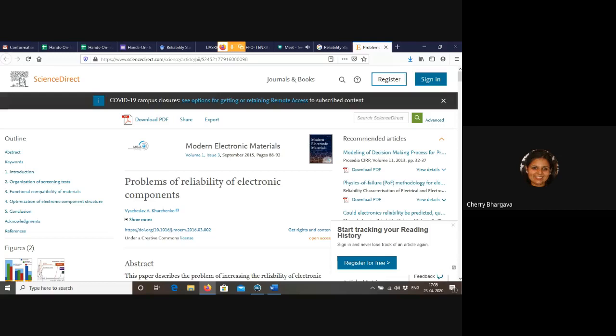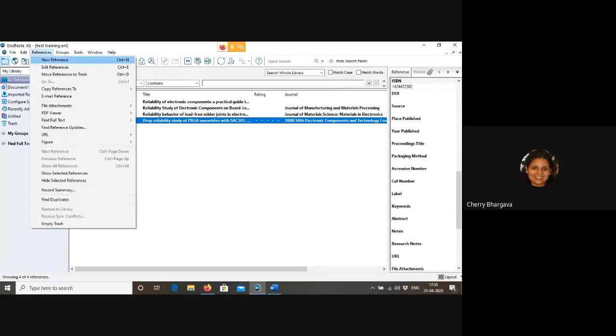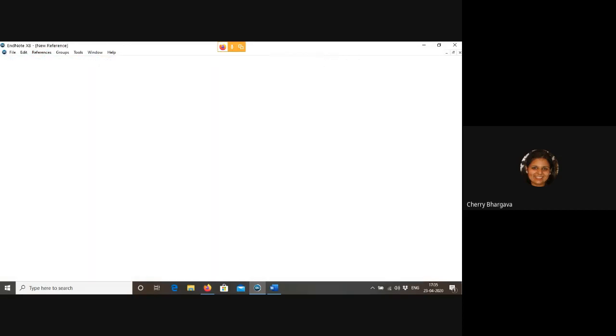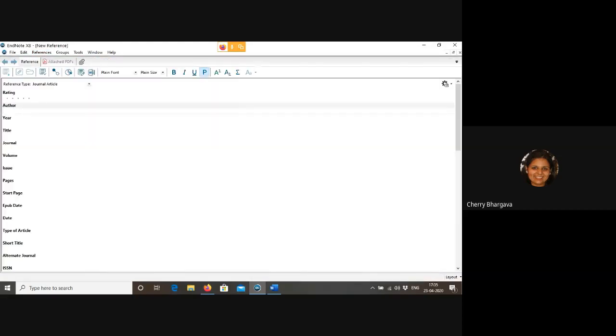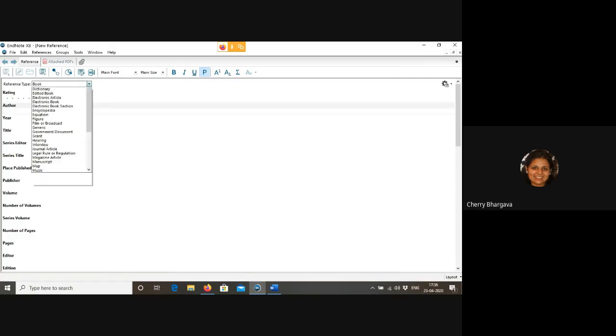So how are you going to do that? Move to EndNote. Move again to the reference tab at the top. Click on new reference. Whenever you click on new reference, now look at that. It will ask you for the reference type, whether it belongs to a journal article, a book, or a book section.